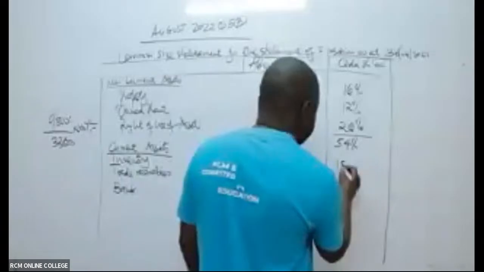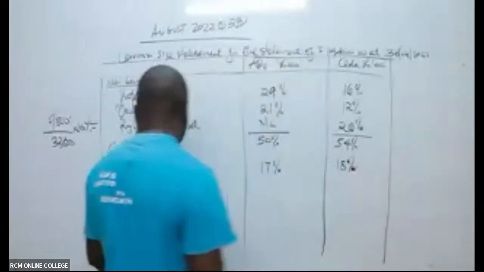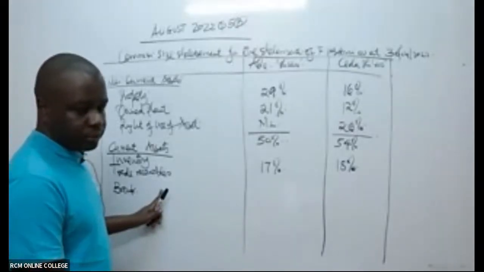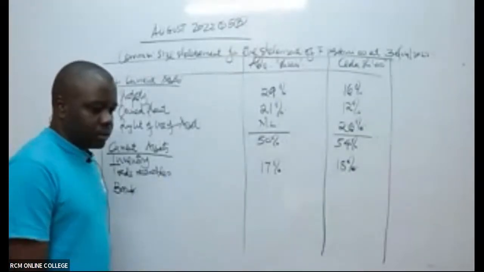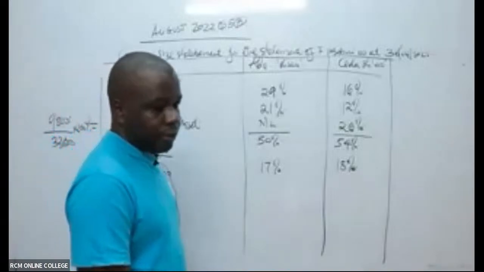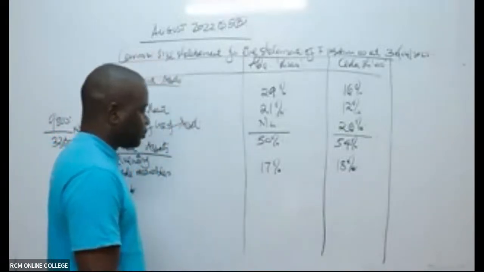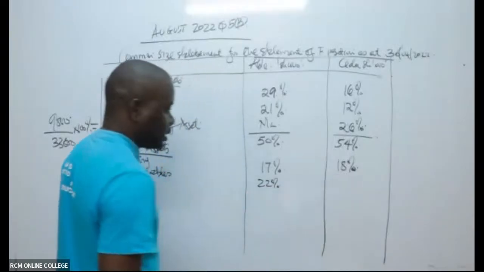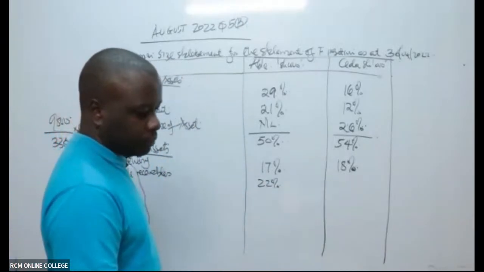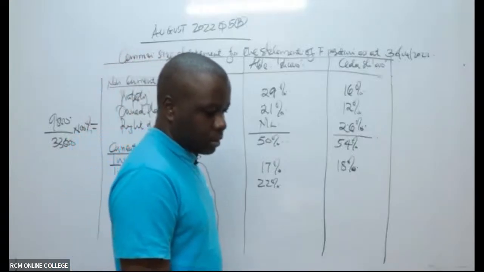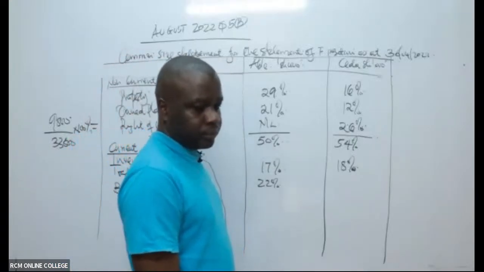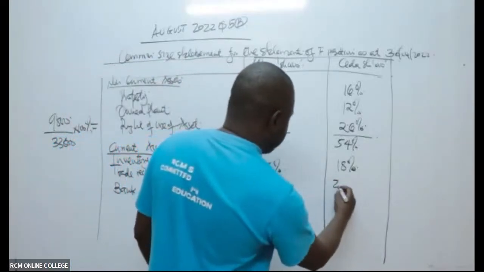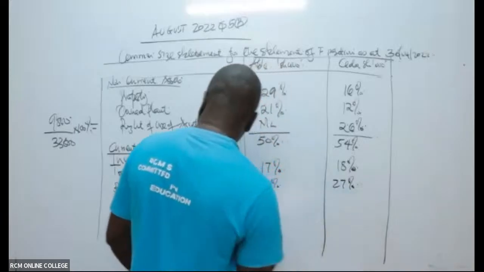And for trade receivables, 21.9, so that is 22%. What about for SEDA? 26.8, so that is 27%. And the bank,